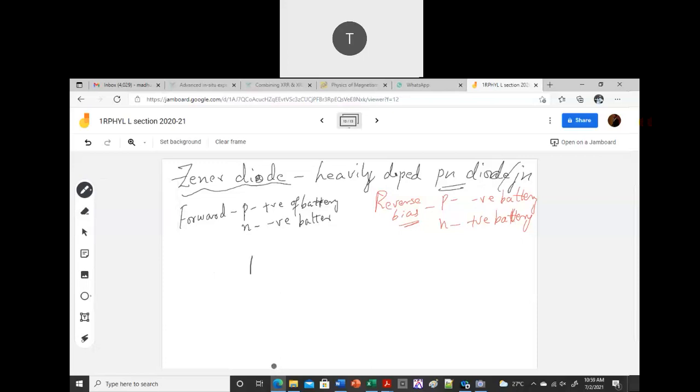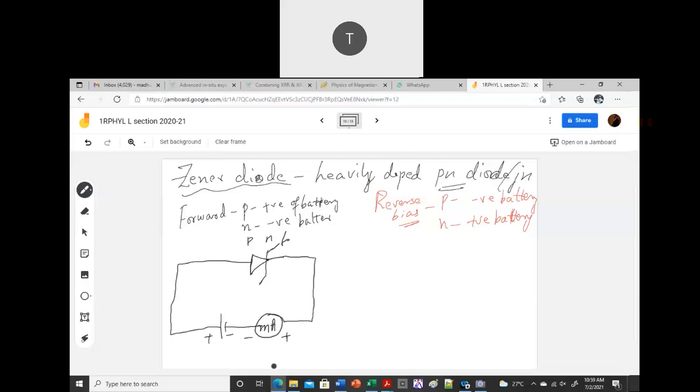So if I want to have forward bias, this is your Zener diode. This is your P region and N region. In principle, you have to connect P to the positive of the battery and N to the negative of the battery. Then it becomes your forward bias. As I want to know the current in the IV, because I need to do IV characteristics, I need to put an ammeter in series. You can see here again negative is connected to negative, positive is connected to the positive.